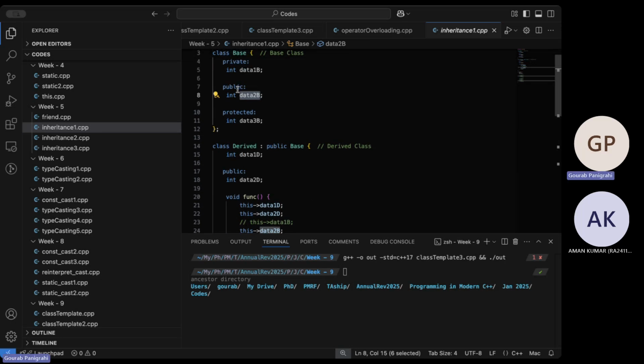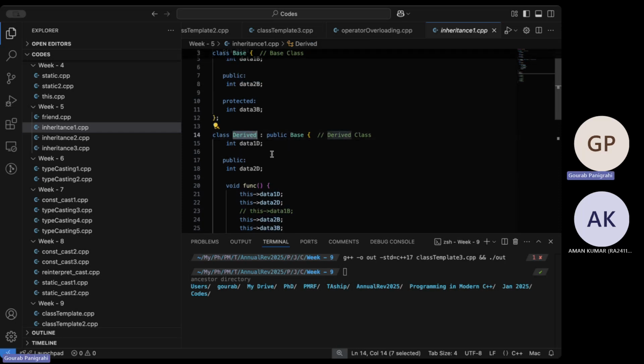This variable is public for derived because it is derived as a public inheritance.